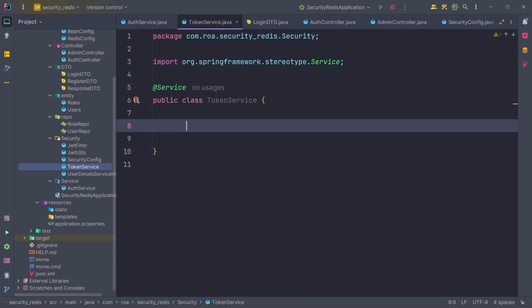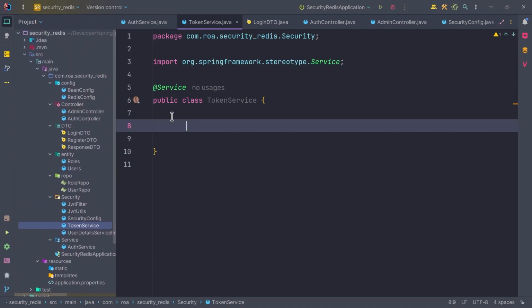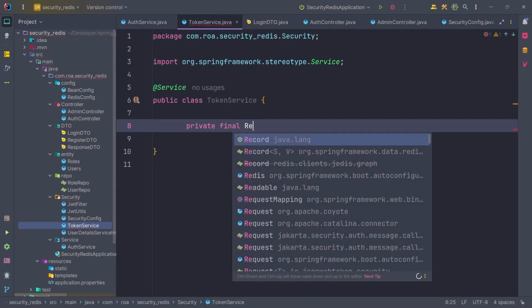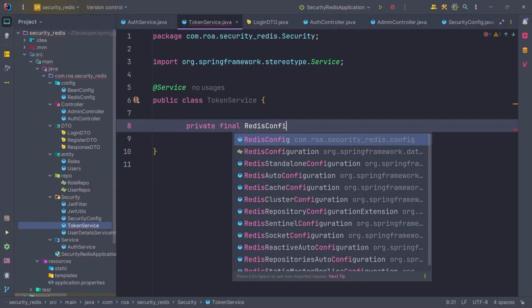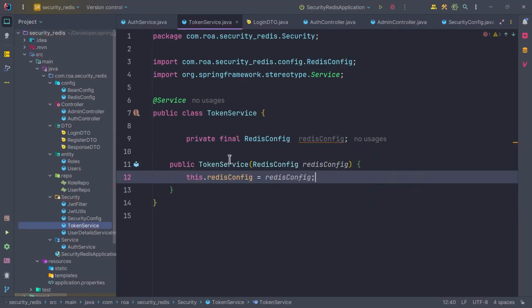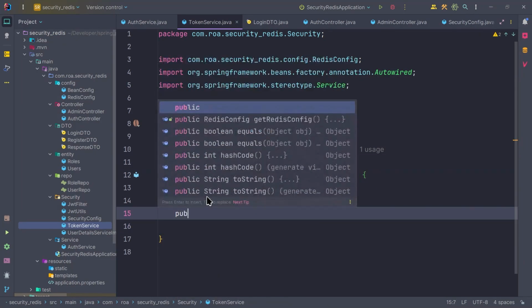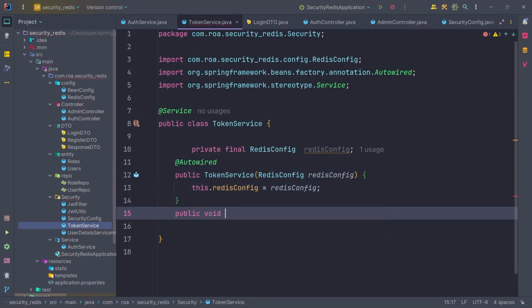Okay, now we can make. Now we'll have to autowire this Redis config inside of token service. So private final Redis config. Right click and make a constructor for it and autowire it. Now if that's done, we can implement that token or everything. We can save token like this, and now